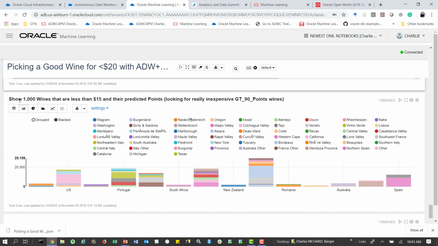So what I'm going to do now is show the top 1,000 wines that are less than $15 and their predicted points. So I'm showing a bunch of really cheap wines, and they are predicted to be good wines. So here are the candidates that I can visualize, but they're coming from the United States, from Portugal, from New Zealand and various places. So I'm onto something here, but at this point I'm going to cut over and use a very